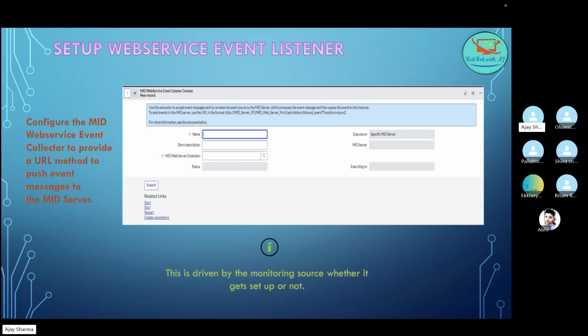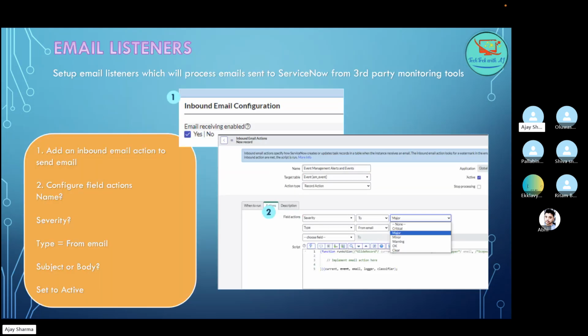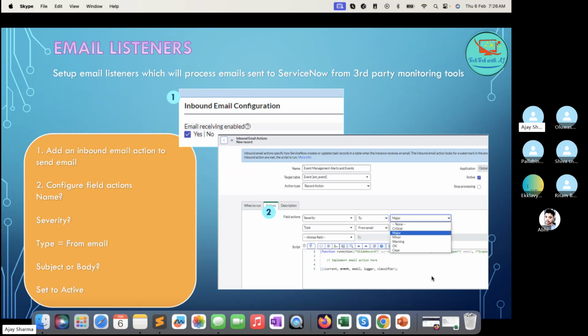Next we are going to discuss the email listeners which I just mentioned to you. So, set up an email listener which will process emails sent to ServiceNow from third party monitoring tools. What we have to do is enable the inbound email configurations to receive the emails. And then you are able to see this one, right? So here